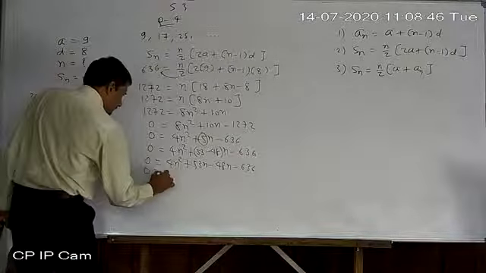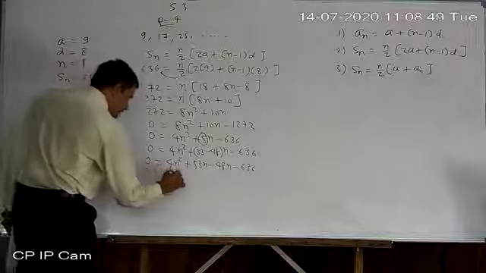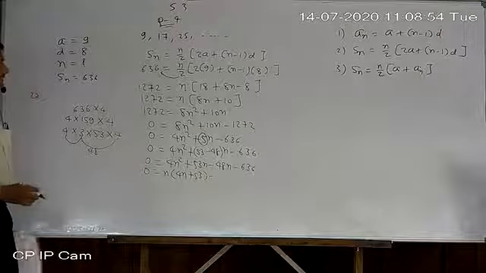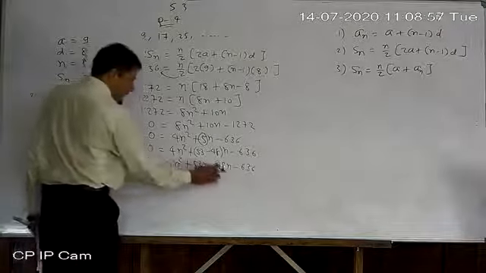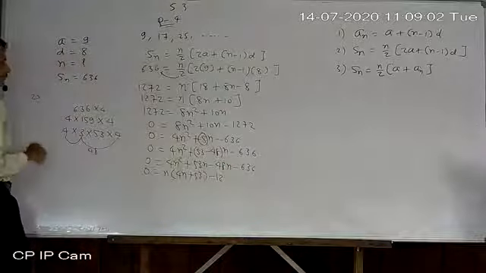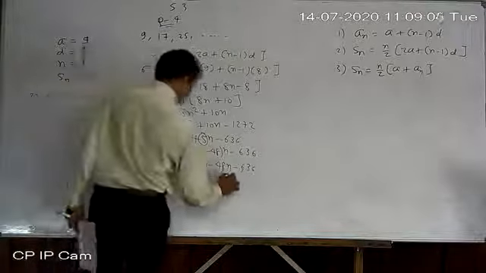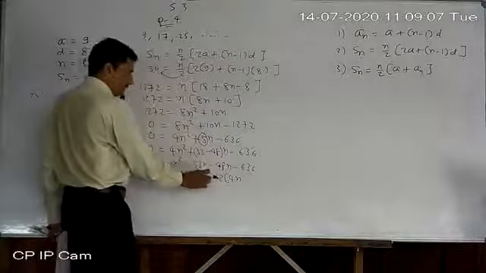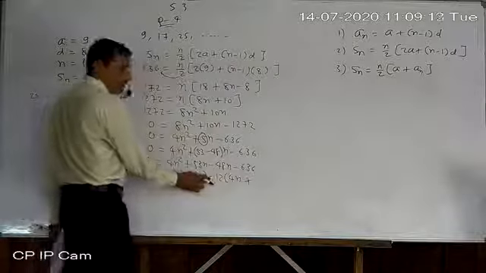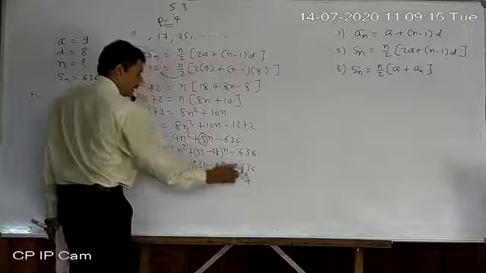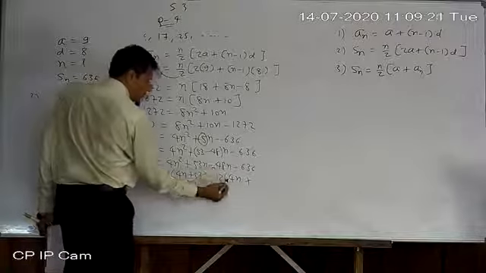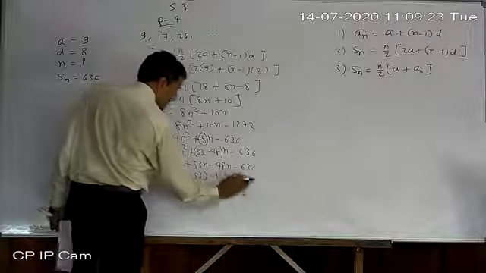Now common, nothing common, only n. So 4n plus 53 minus. Here 12 is common because I can get the idea from here also. So 12 only common. So 12 and 48. So 4n left. Whenever the third term is negative, always take the negative common. Now plus will be here. Why? After taking minus common, both terms inside the bracket have the opposite sign. So this term also becomes positive and this also positive.